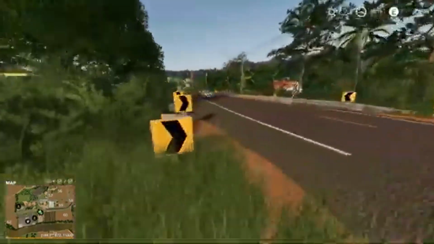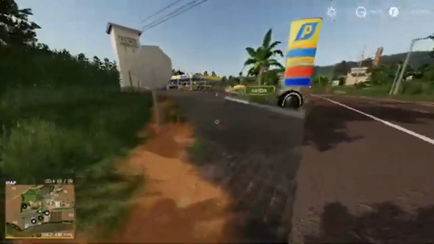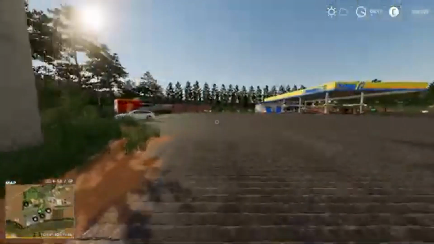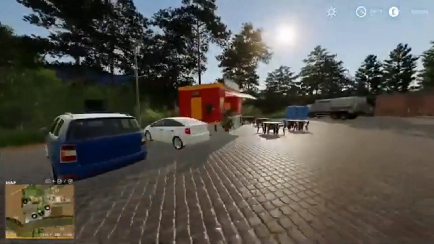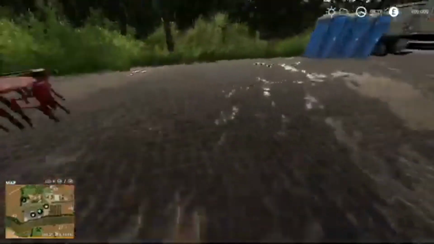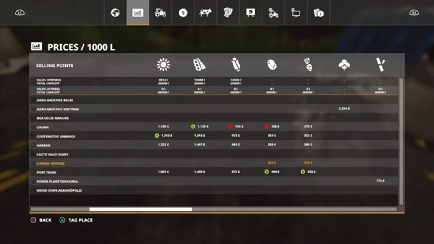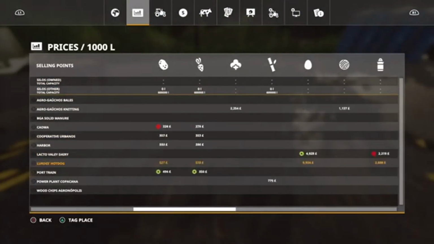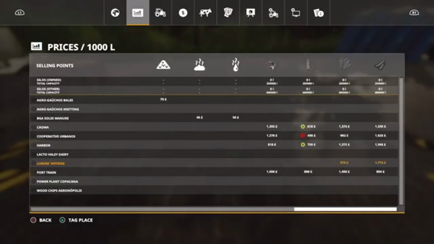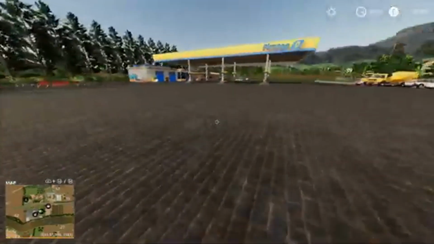Next, we're going to go up here, and we're going to go down to our first sell point, which is next to the petrol station, and it is a hot dog stand. Lagada Lourdes is a hot dog stand, and the sell point is going to be here, and this will take wheat, barley, potatoes, sugar beets, eggs, milk, and your 4 extra crops. So we'll have a look at those in a moment. So yeah, nice little detail area here. You've got your fuel station here,